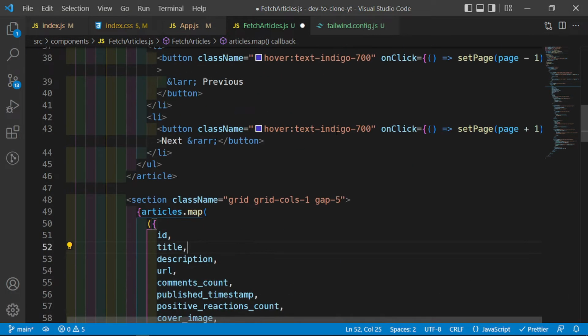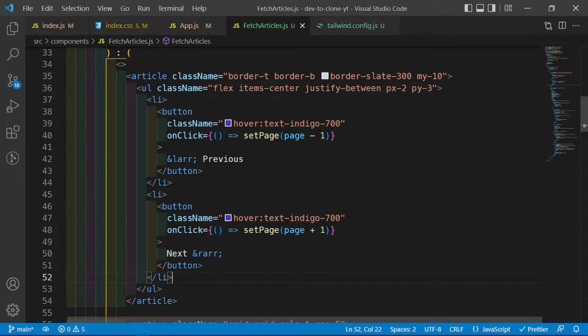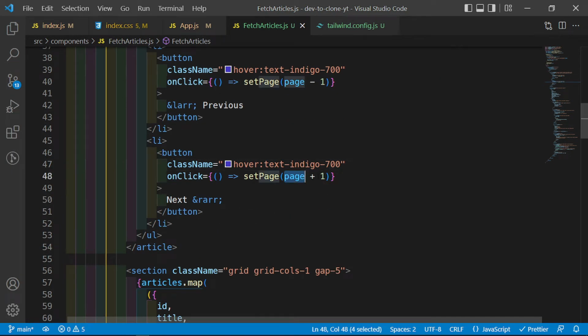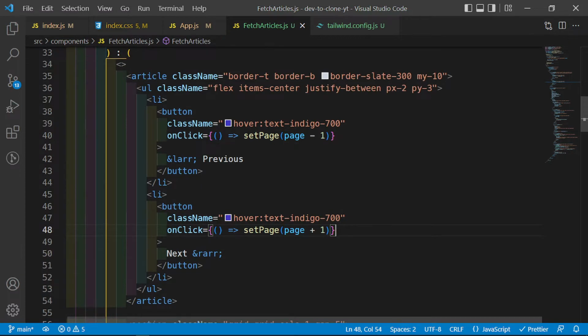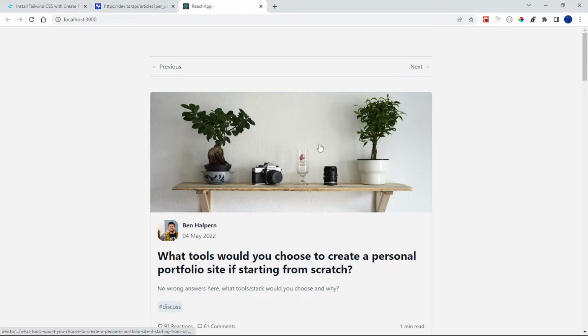Can't scroll. So let's save that. There we go. So when you click on the next page, I want the page to increase by 1. When I click on the previous page, I want the page to decrease by 1. Okay, so I can click on next and we should see